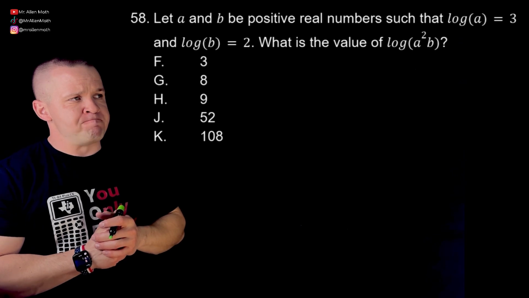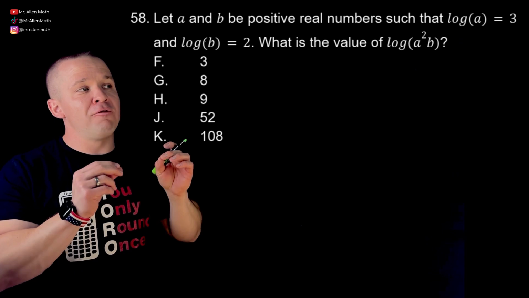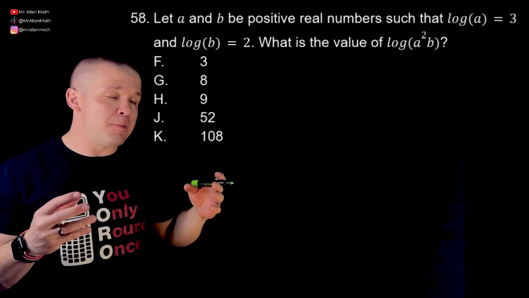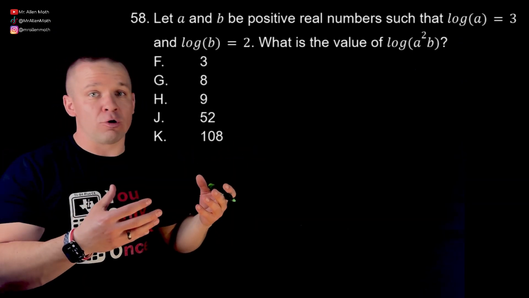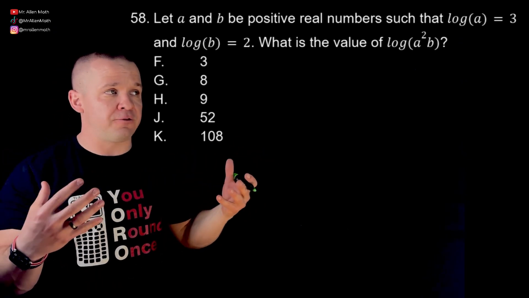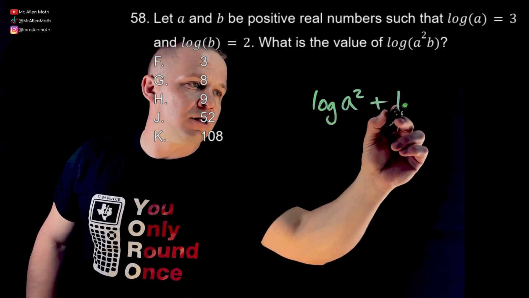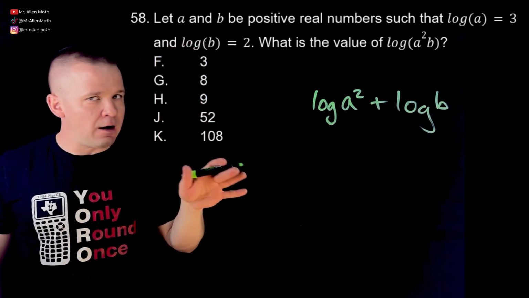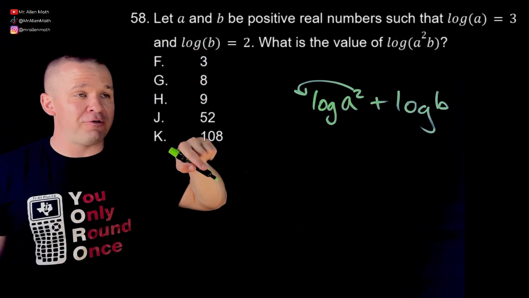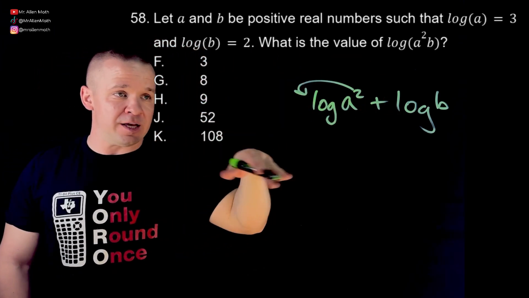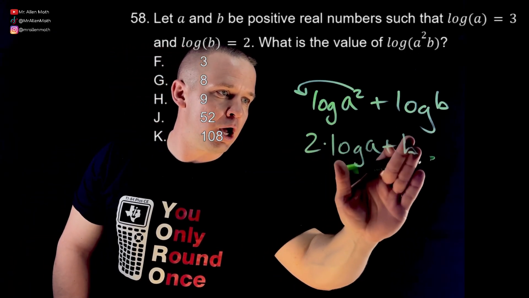So what do I do with this one? Well, did you know that you could rewrite this log of A squared times B as a sum of two logarithms? Multiplication expands to addition, whereas division, or a quotient, expands to subtraction, or a difference. So I could actually rewrite this as log of A squared plus log of B. Now, almost ready to rock and roll here, but if I also then bring that 2 out front as a coefficient,